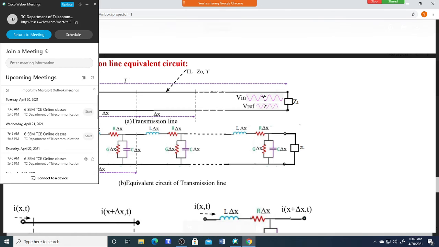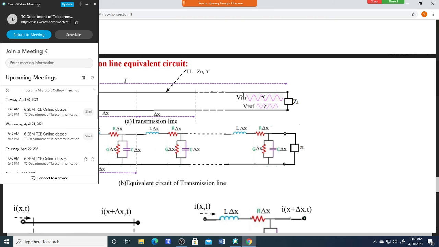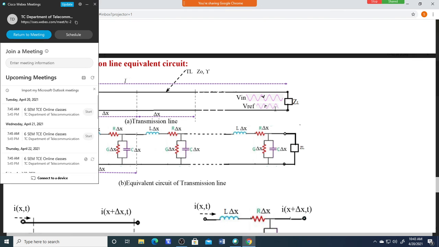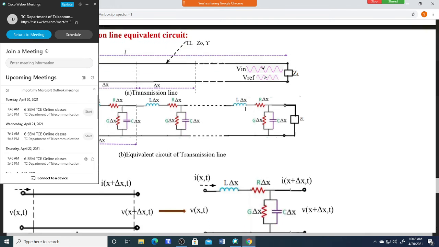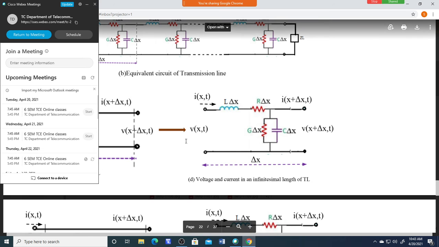So we have to derive those equations. Using those equations, we can find out impedance at any position over this transmission line, if you know the distance, at what distance you are measuring the impedance, voltage or current, from the load or from the source. Okay, so those equations we will get. It is not simply like Vs by Zs and Zl. We should have an equation, so how to derive that equation, that we will see.